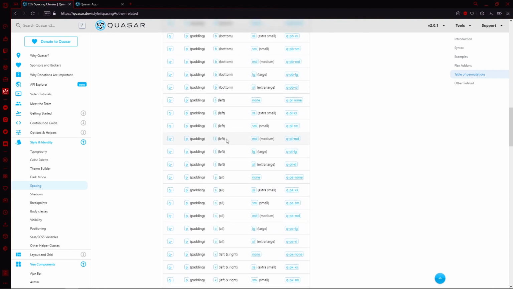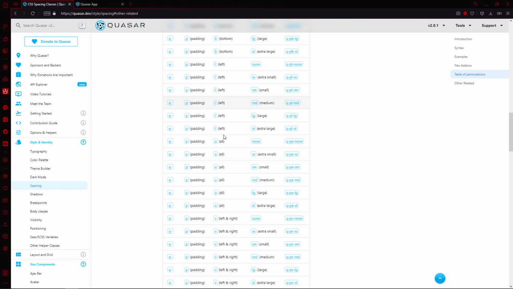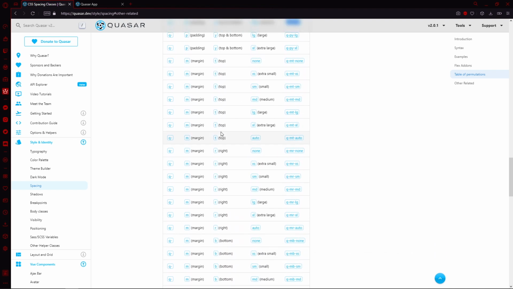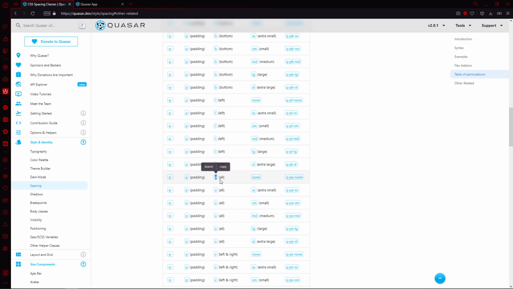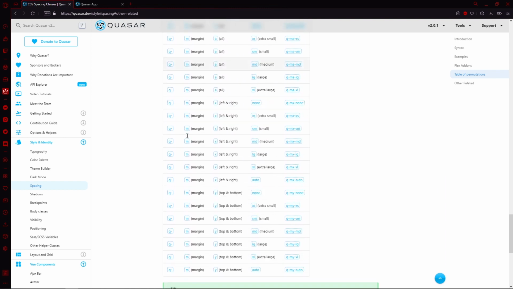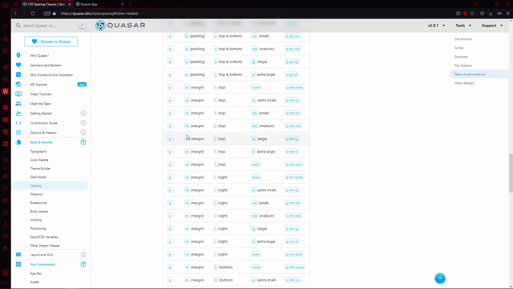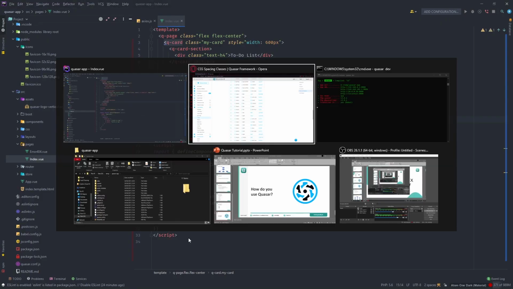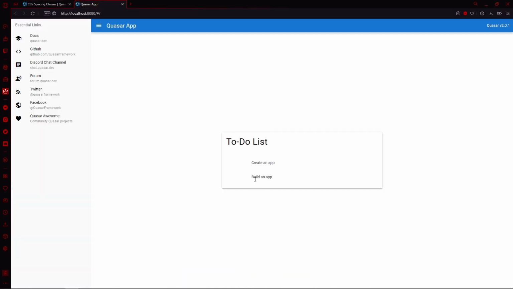You can add the padding for the top, the right, left, or bottom, or maybe the x-axis or the y-axis, or rather you can add padding to the entire element itself, which is denoted by a. Aside from padding, you can also add margin. So with these permutations, you can create paddings and margins between elements in just a small step using this one, as you can see. So going back,